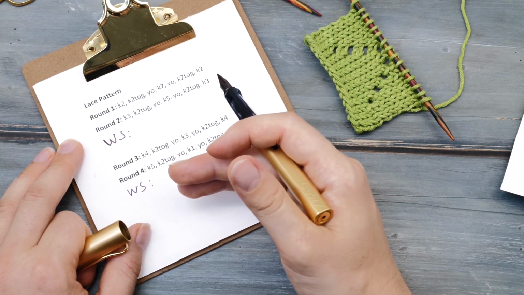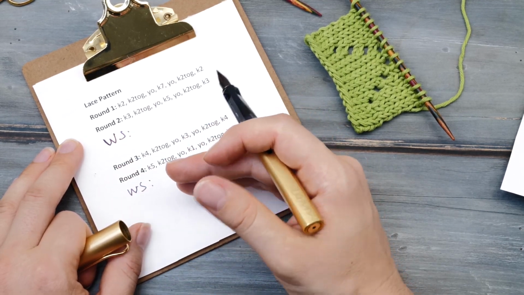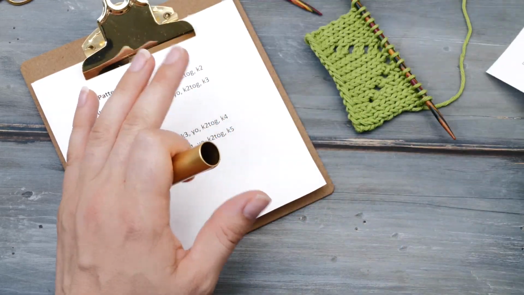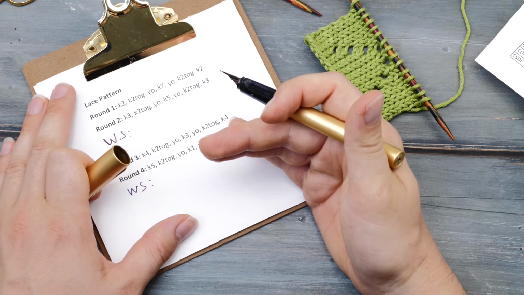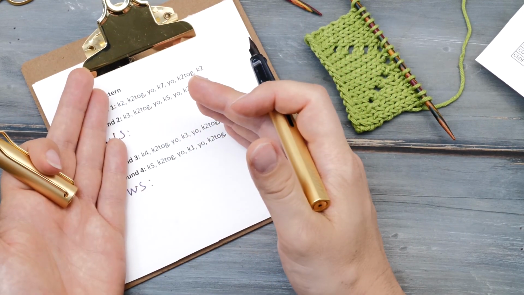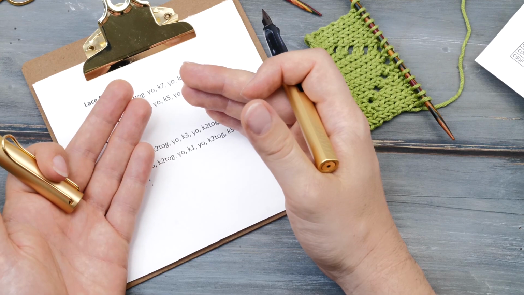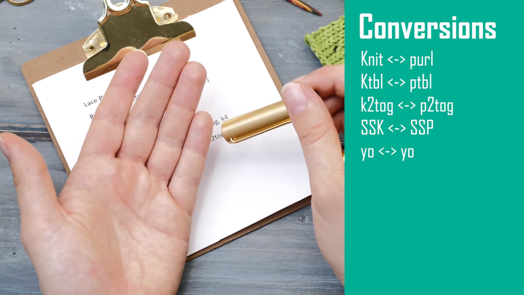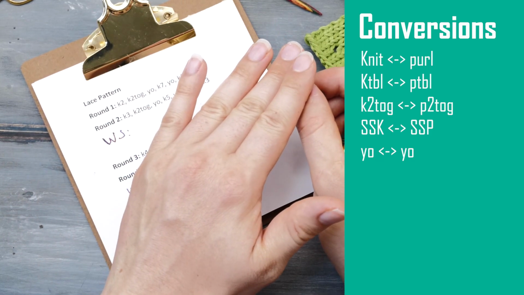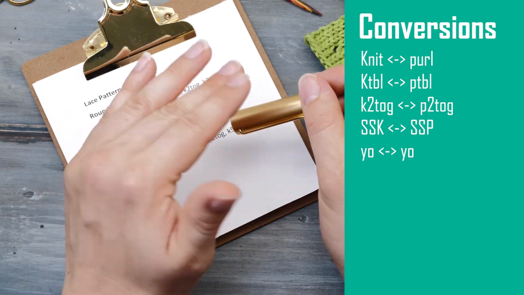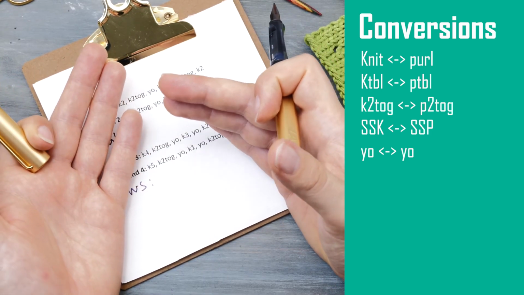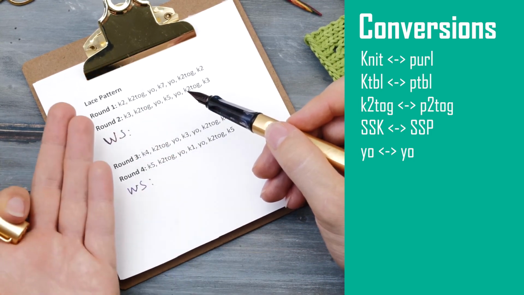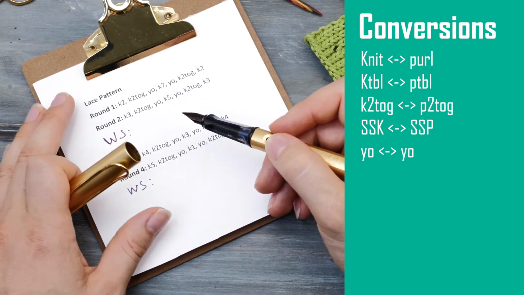So grab a little piece of paper or do this on your computer or mobile phone, and then you will probably need a little table with the corresponding stitches for the wrong side. And it's very important to understand that not just purl and knit stitches are counterparts, but all other knitting stitches have their counterparts for the wrong side as well. So for example, a knit through the back loop turns into a purl through the back loop, a knit 2 together into a purl 2 together, SSK into SSP, slip slip purl. Only the yarn overs stay the same because that's no stitch yet and only an unknitted strand of yarn.